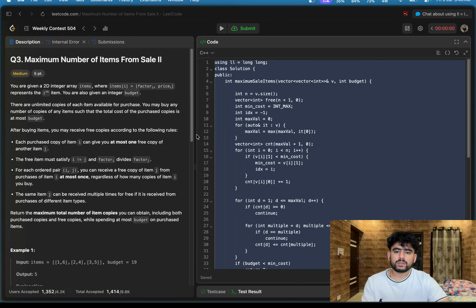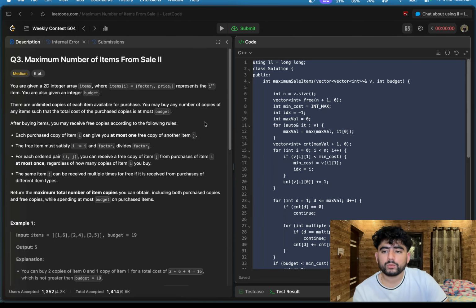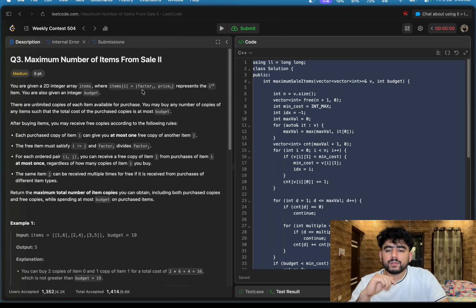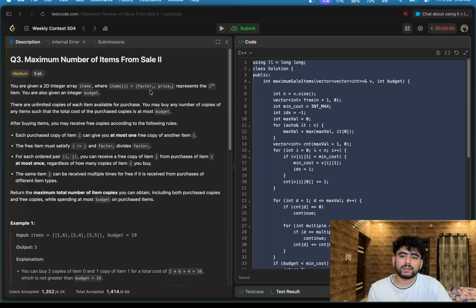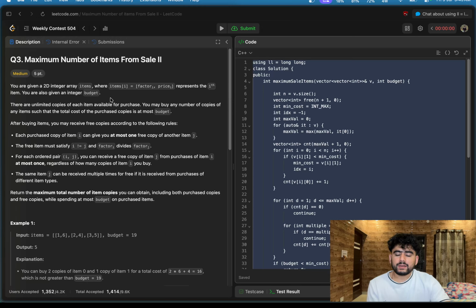The problem is almost similar to the previous one. In this we are firstly given a 2D integer array of items where items of I has a factor of I and a price of I representing the ith item. And you are also given some budget, and we have to buy